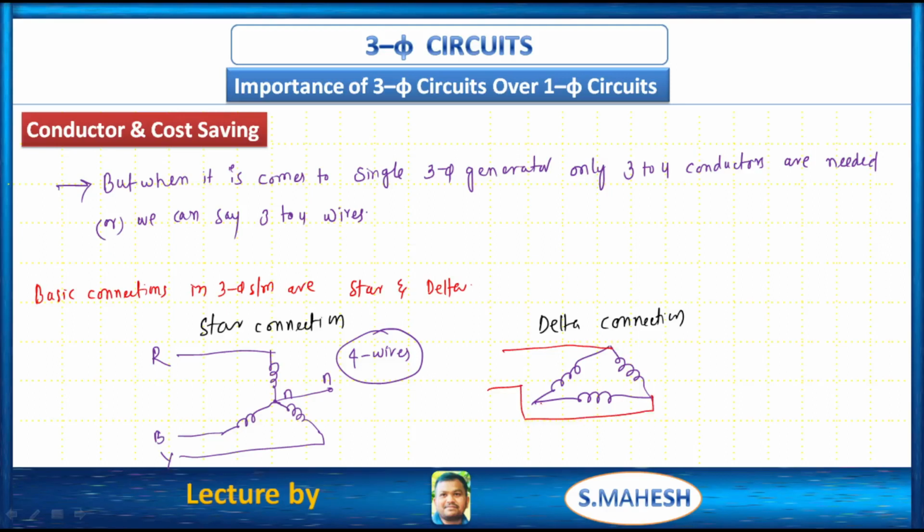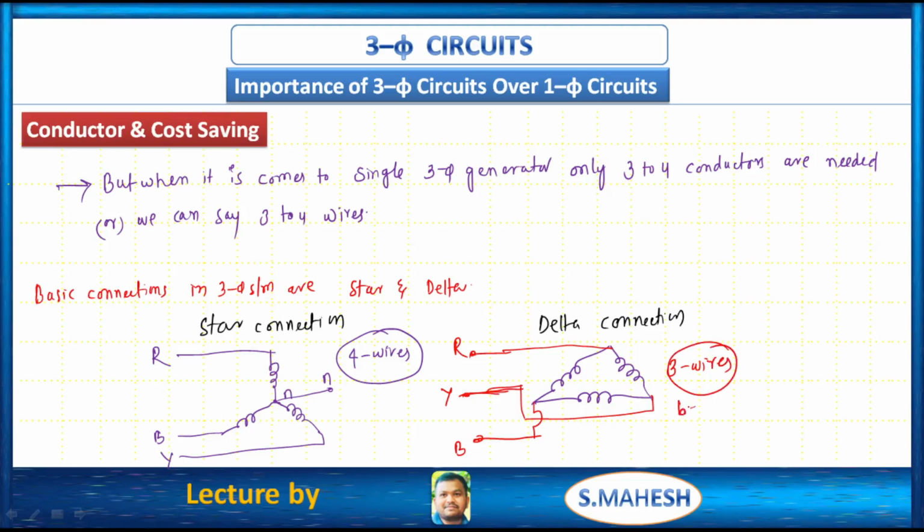This is R, this is Y, this is B, right? For delta connection we need only 3 wires